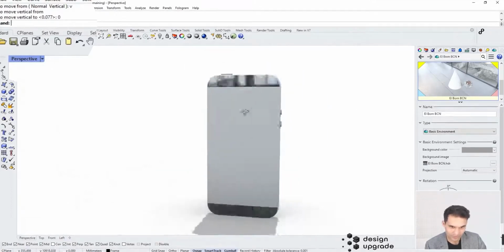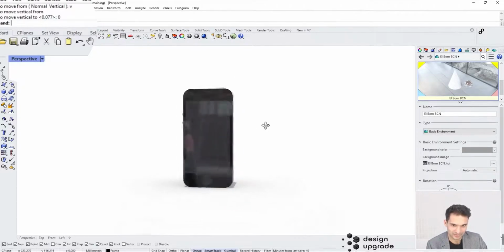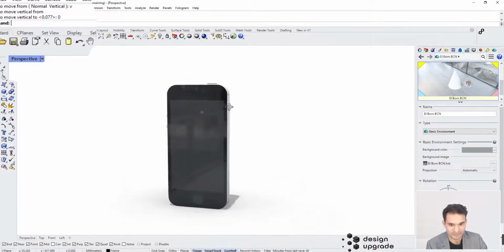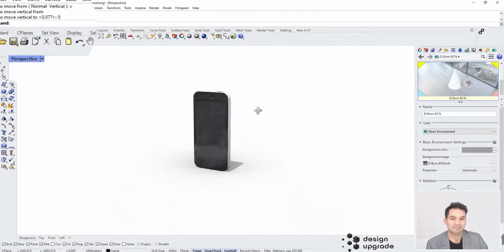Now we could add more details, but I think this is already very realistic looking with very simple methods that we just explored. And that's pretty much it